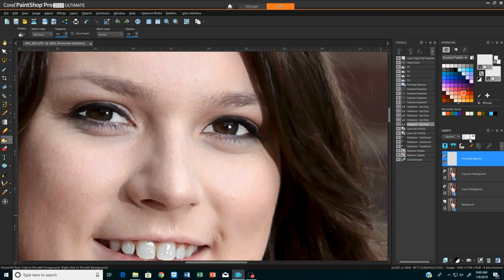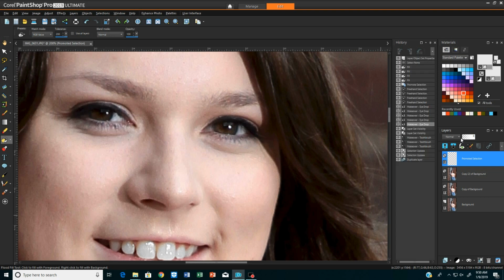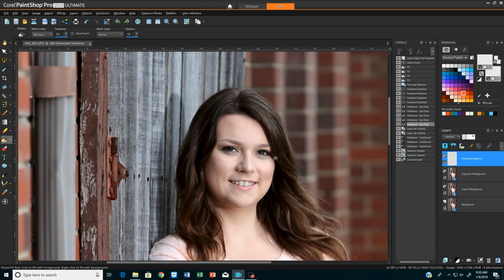So I'm sliding it down on the right, and you can see the eyes begin to pick up that natural white. Let's take the slider on the right on the layers palette all the way to 0. Now let's bring it back up. Look at that. See how easy that is? And I'm about 30%. Let's scroll back down. Now look at the eyes.